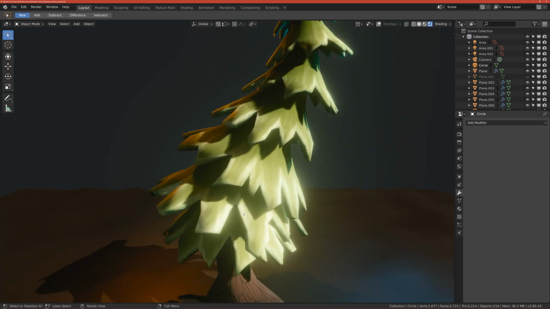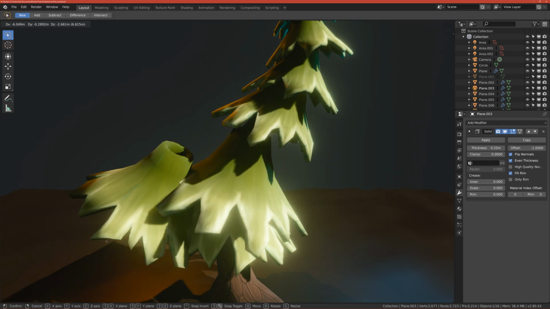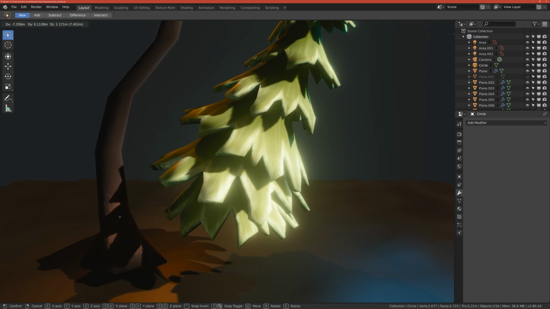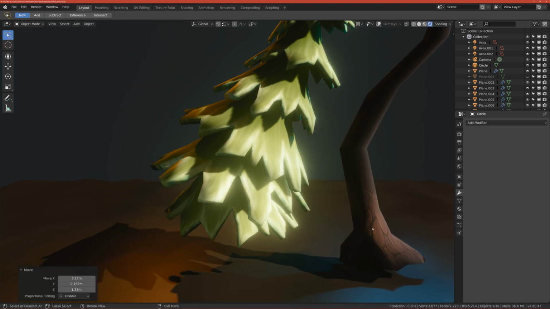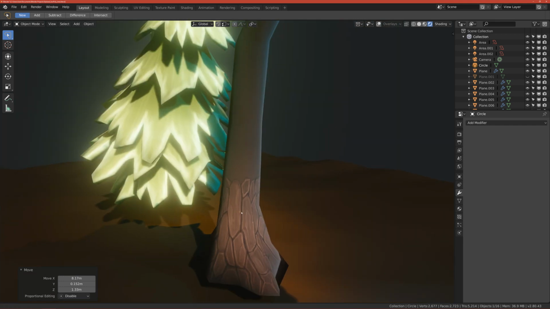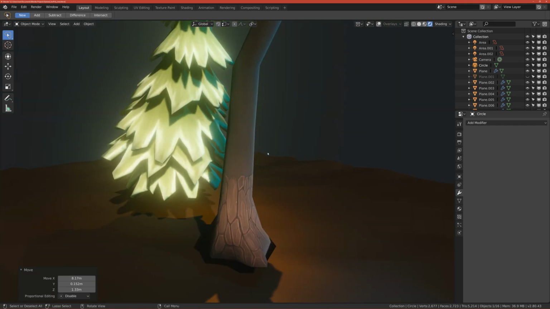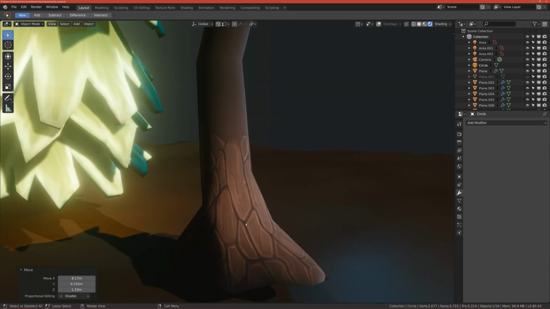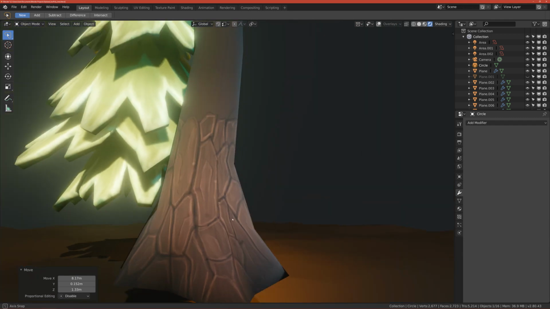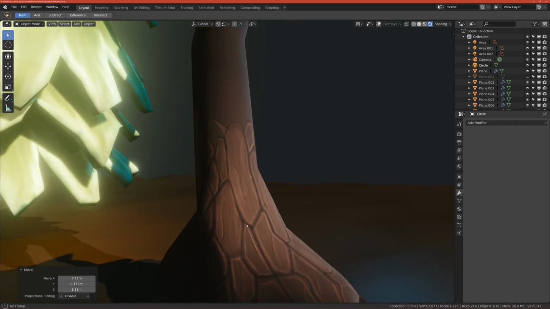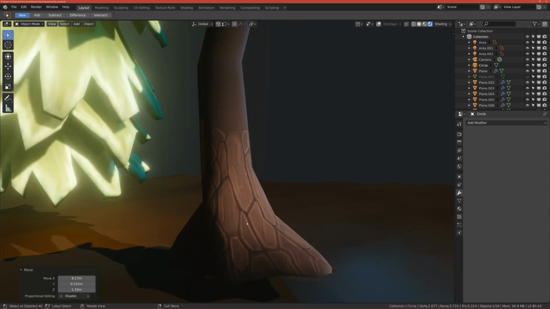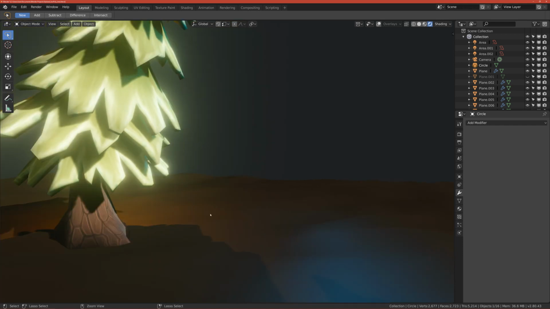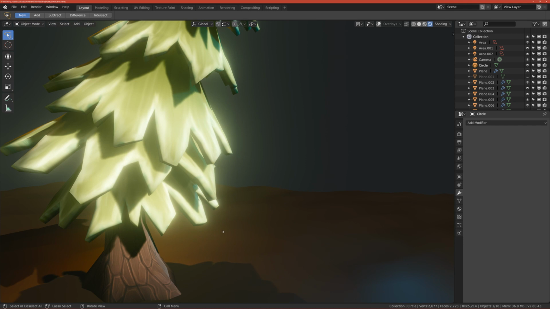And here are the textures. They are very simple. Maybe the bark is a bit harder, but as you can see, I painted only the base because the rest is not visible, so I don't care. And I think it's quite simple, but it's time consuming, so you'll have to spend a little more time on it. Okay, so this is an introduction video,